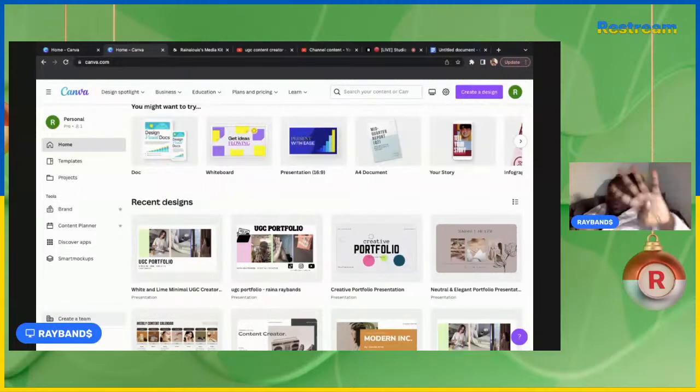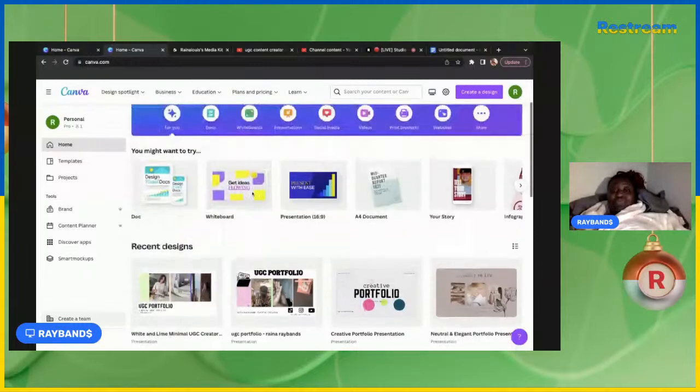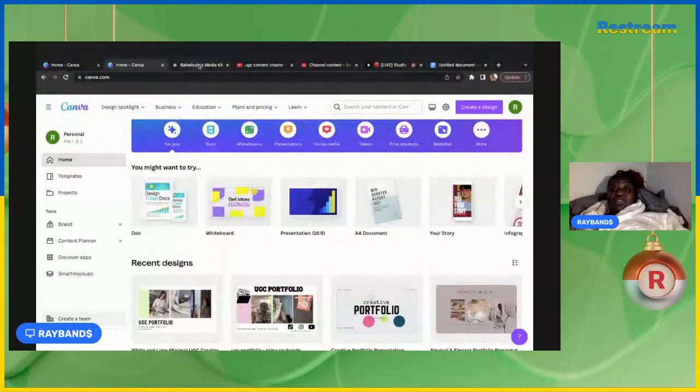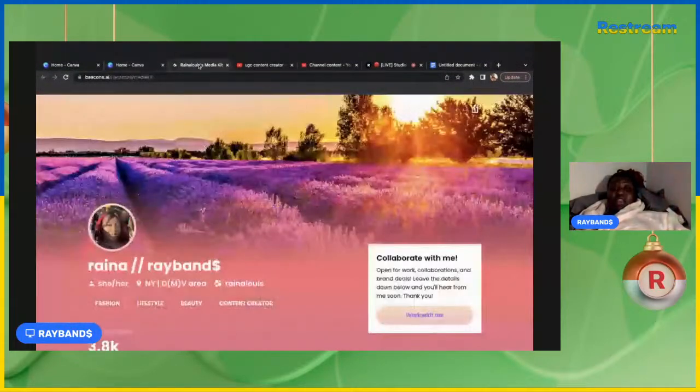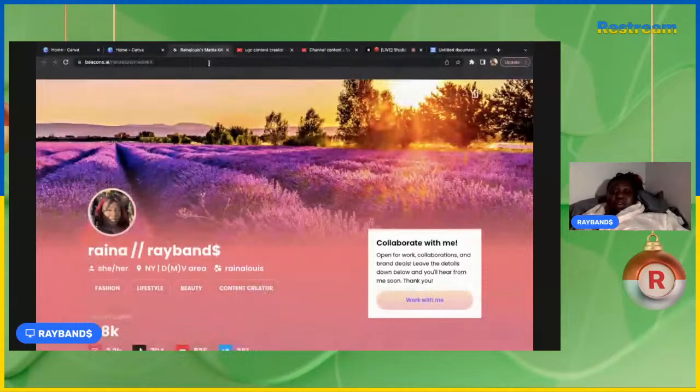Page 4, stats if you have them. If not, we're going to go right on to examples of content and or past projects. Final slide before the thank you page: pricing and services. So with that all being said, I want to show you guys actually my media kit and Beacons, because I